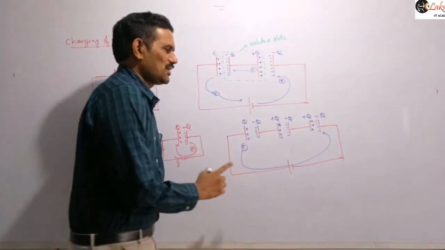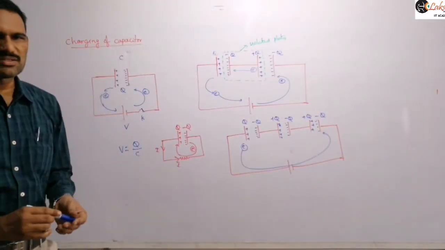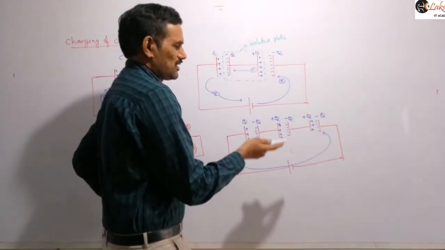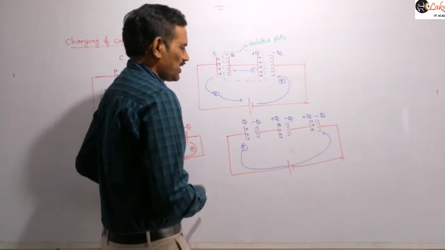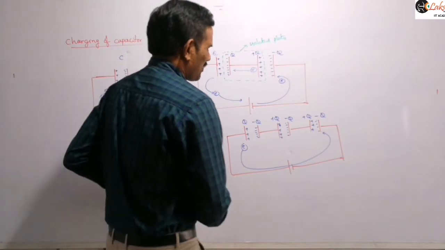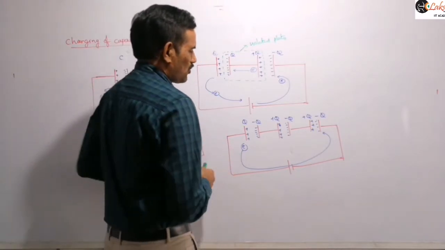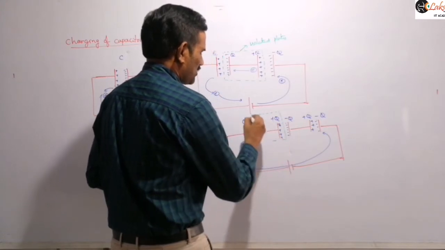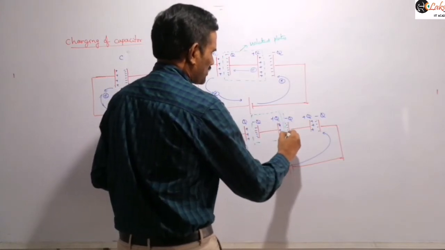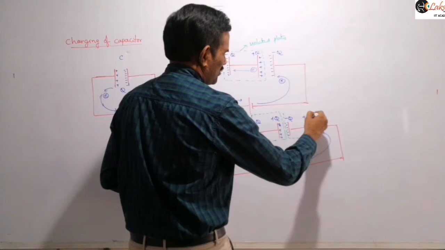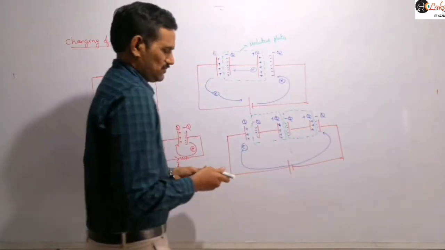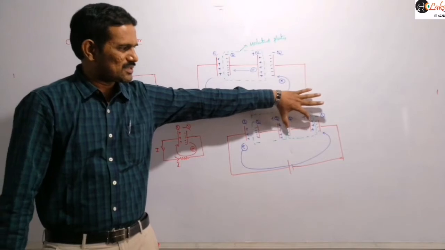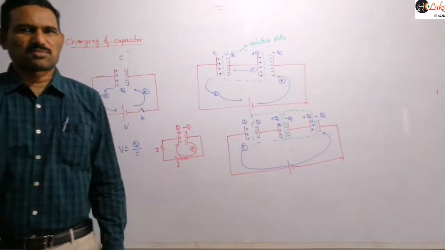Right? So that means two such isolated plate systems will be there. Now these two plates together we call isolated plates, and these two plates are also called isolated plates here. That means you can consider this combination as isolated plates. This is one combination of isolated plates, and here these two plates together are also called isolated plates because those two plates are also not connected here. Now such two systems are there. This is one isolated plate system and this is another isolated plate system here, right?